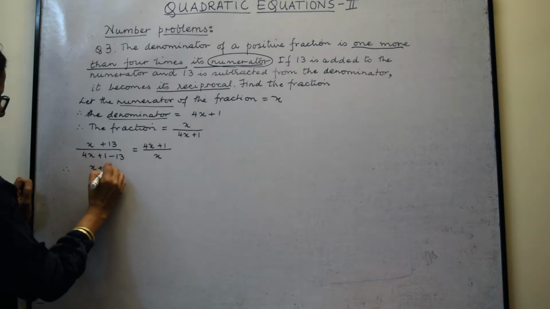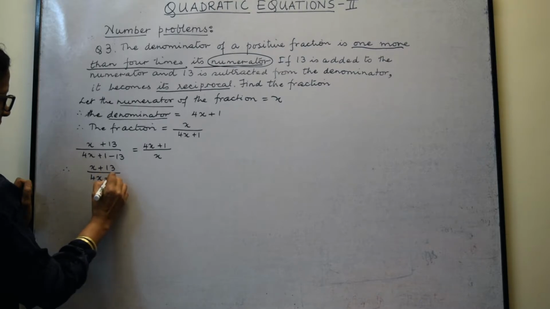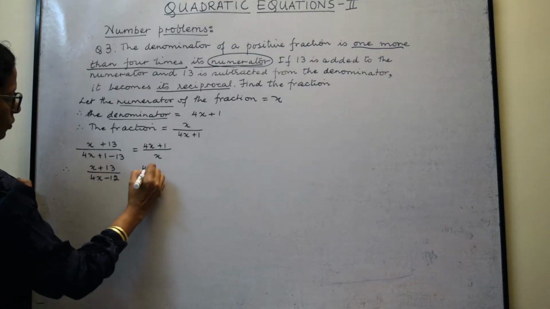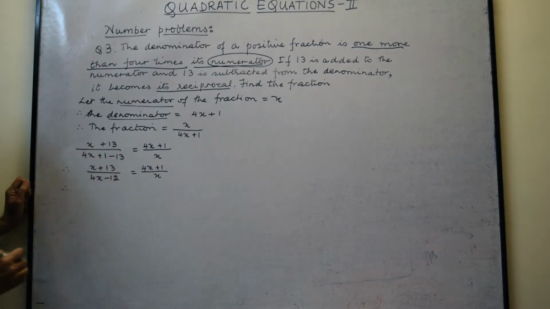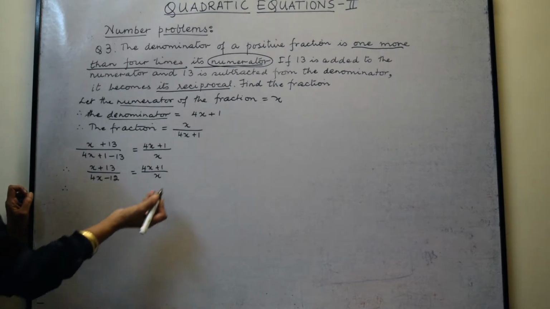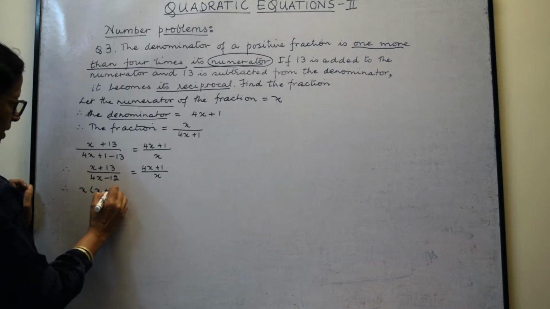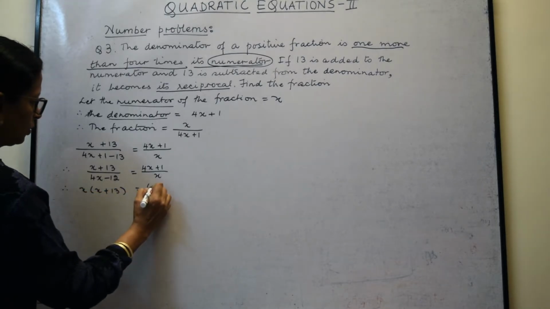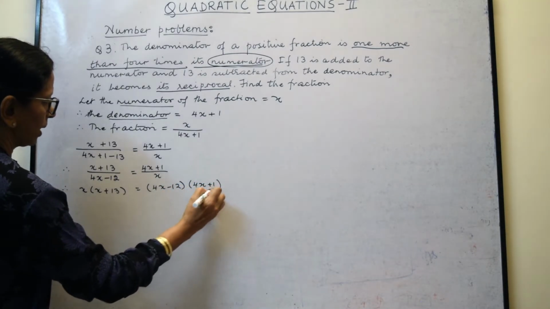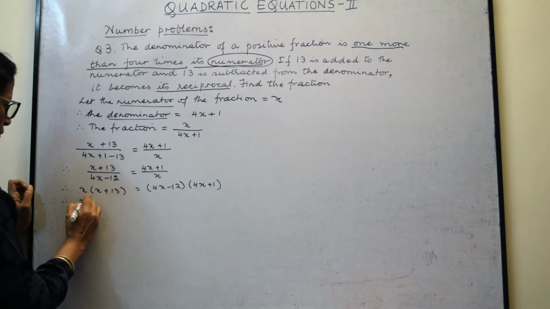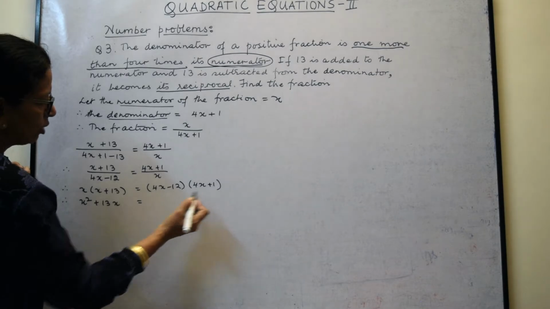So this becomes x plus 13, and in the denominator it is 4x minus 12, and that is equal to 4x plus 1 upon x. After this, all we have to do is simplify, meaning cross multiply. So you will have x into x plus 13 equal to 4x minus 12 into 4x plus 1. And so you will have x squared plus 13x is equal to, now binomial with binomial